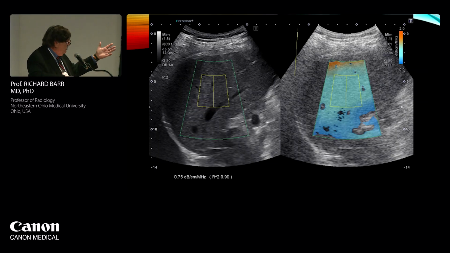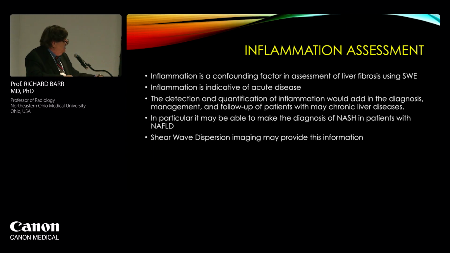And again, I don't want to go over this in detail, but this is basically what we see, and hopefully this pointer works. So we're putting in this big box, but we put in this box, which is measuring the attenuation, and we get a value out, and we also get a score that tells us about the quality of the exam, and I think Dr. Ferrioli is going to go over that in a lot more detail.